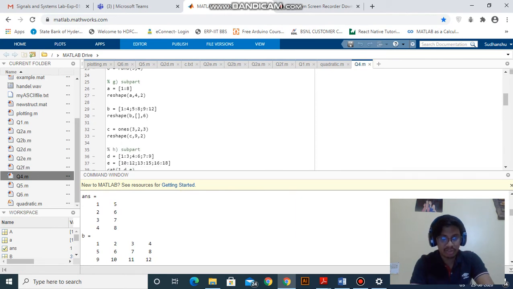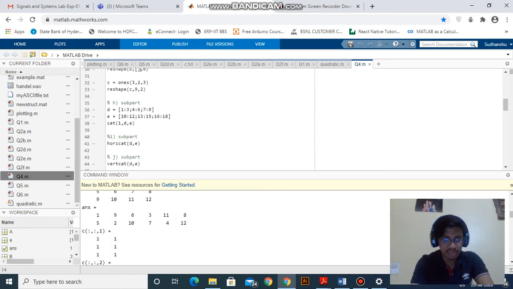Any matrix, we have provided a matrix A, and we have reshaped it into column, and provided that we need 6 column. The speciality of MATLAB is it automatically guesses the number of rows it will need. And here we can see a 6 by 2 matrix, and so is the case with a 3-dimensional matrix.